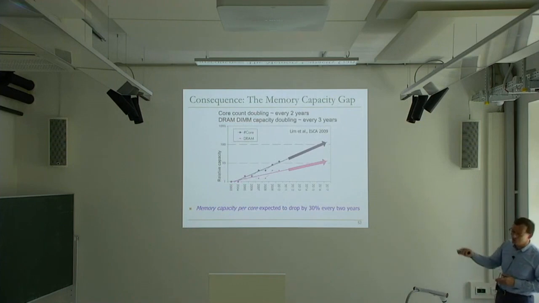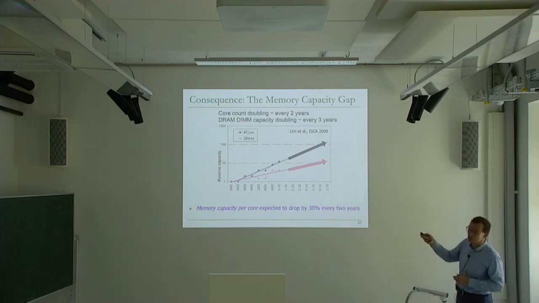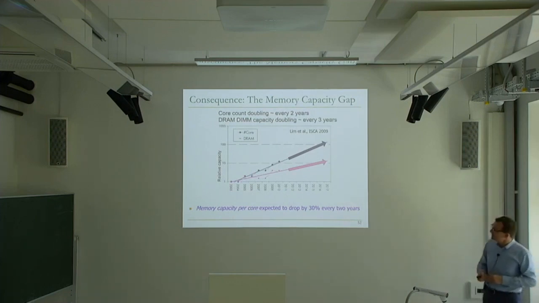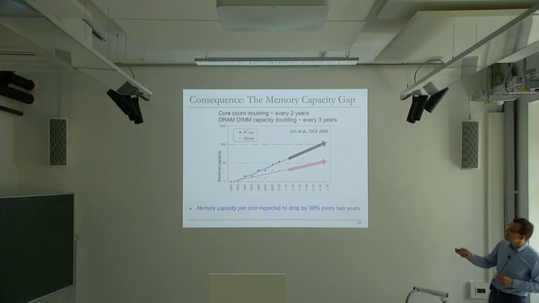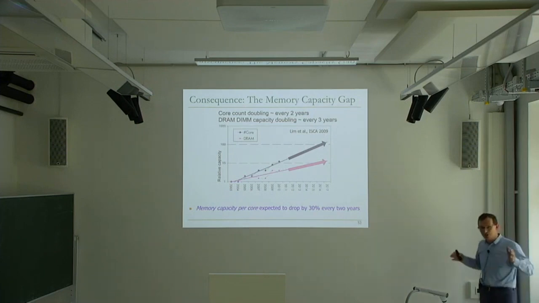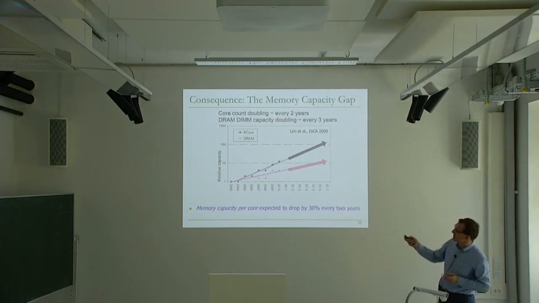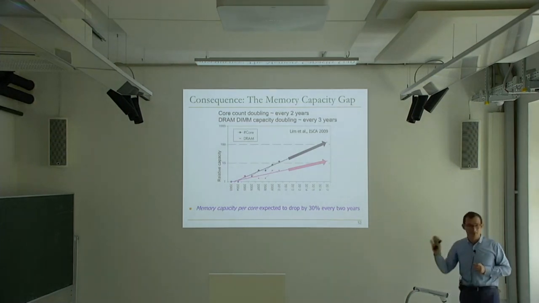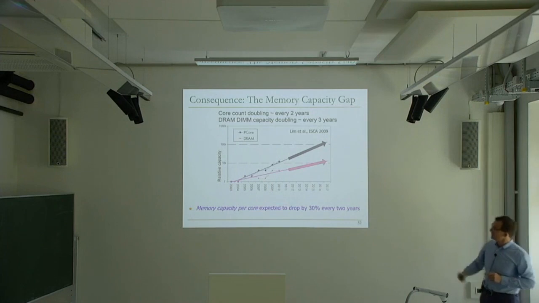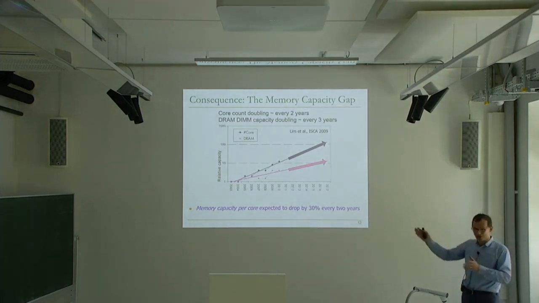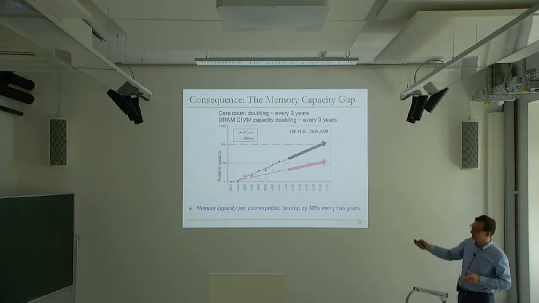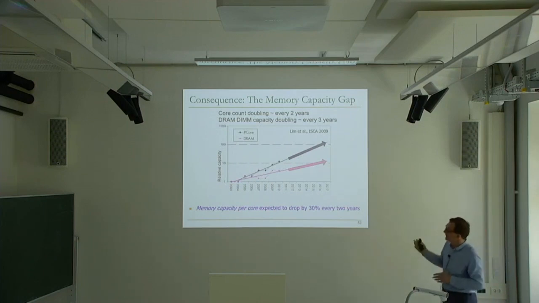So this is actually a graph that I borrow from HP Labs and University of Michigan from a paper that they wrote in 2009 in ISCA. They plotted the core count, and they plotted the memory capacity, essentially, that you can attach to a single node. And they basically showed that core count is increasing much faster than memory capacity. Take this with a grain of salt, of course. Is this true? You can plot that on your own, clearly.